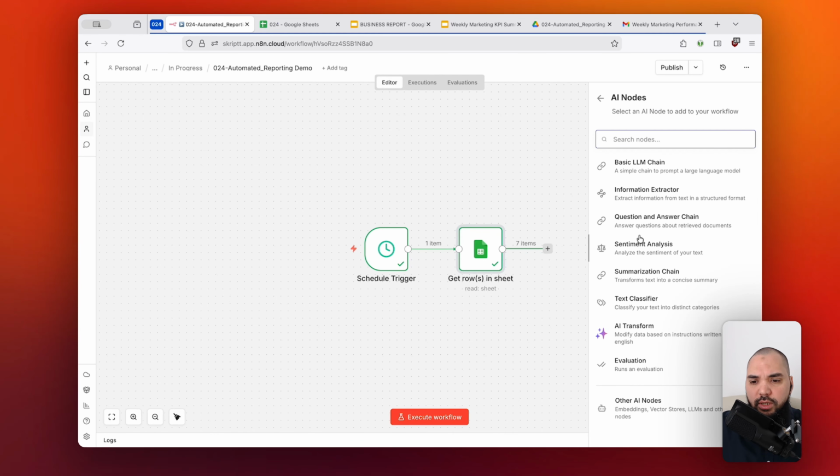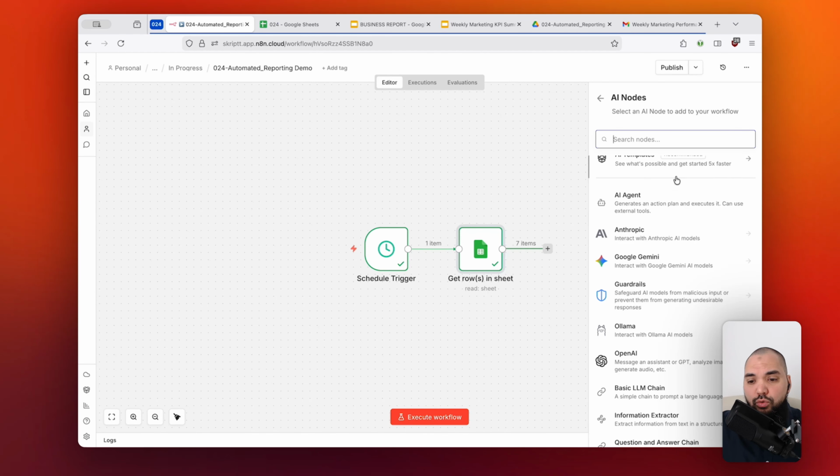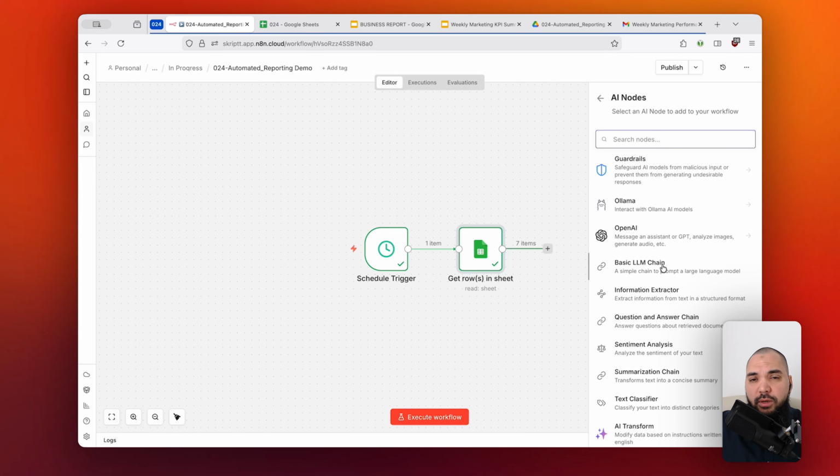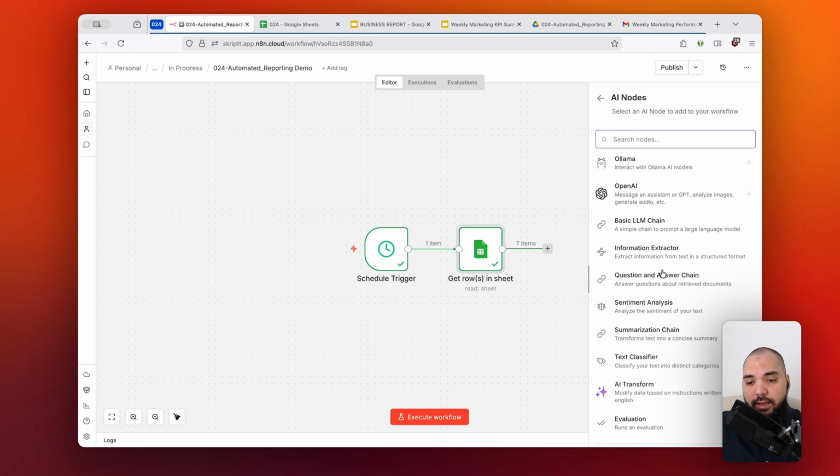and I'm going to scroll down to the basic LLM chain, which is sufficient for our case. Now, the basic LLM chain is a native n8n node, so it's not necessarily connected to a specific LLM provider, but that's also the beauty of it, because what you could also do as an alternative is use one of the proprietary systems from Anthropic, Gemini, or OpenAI. But what we want to do is to be independent from a specific LLM provider. So this is the reason why I'm going to choose the basic LLM chain,